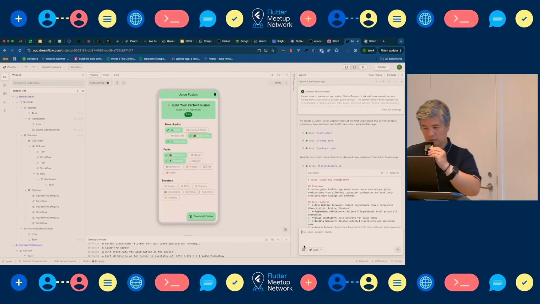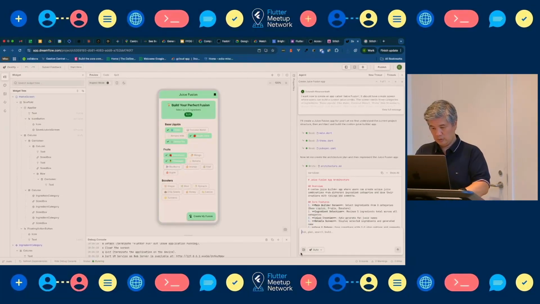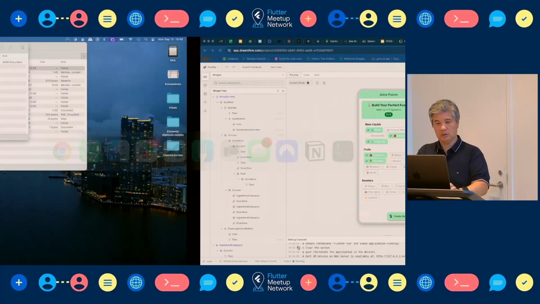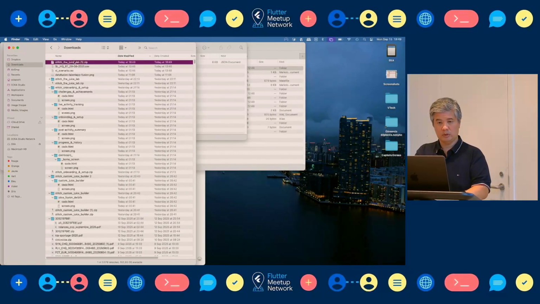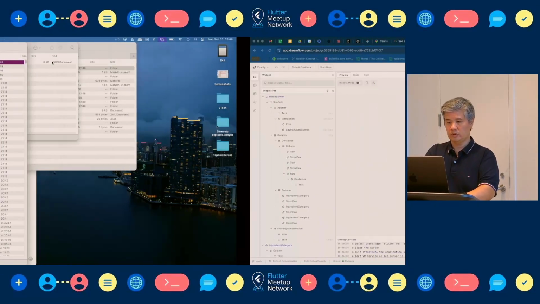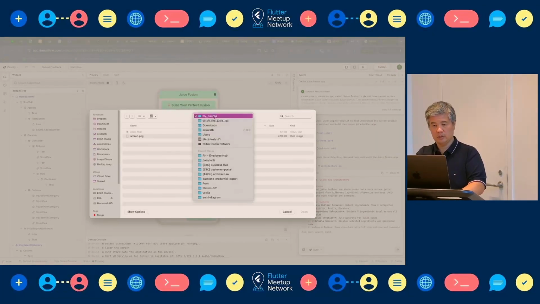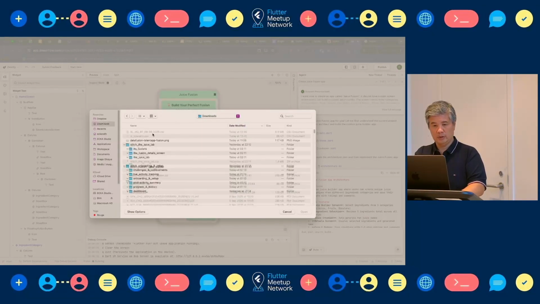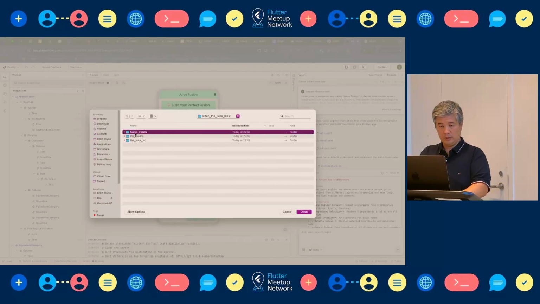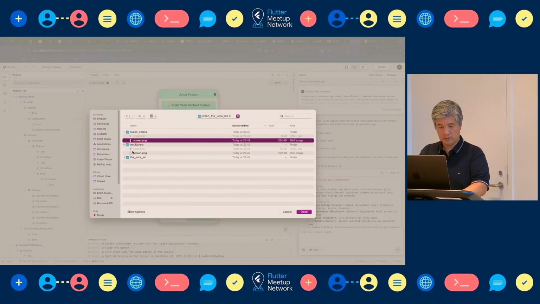Okay, I need my hands. So, chat. Maybe I'm going to do this one. It's good. Download. Okay, let's get all the screens.